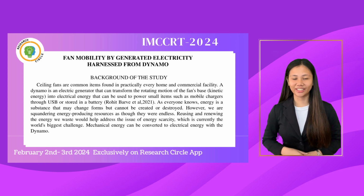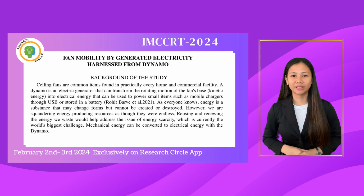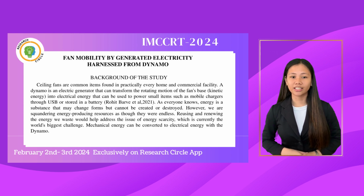I am Khenea de Oliva, and now I will present to you our study entitled Fan Mobility by Generated Electricity Harnessed from Dynamo. According to Rohet Barb et al., 2021, ceiling fans are common items found in practically every home and commercial facility. A dynamo is an electric generator that can transform the rotating motion of the fan's base, or the kinetic energy, into electrical energy that can be used to power small items such as mobile chargers through USB or stored in